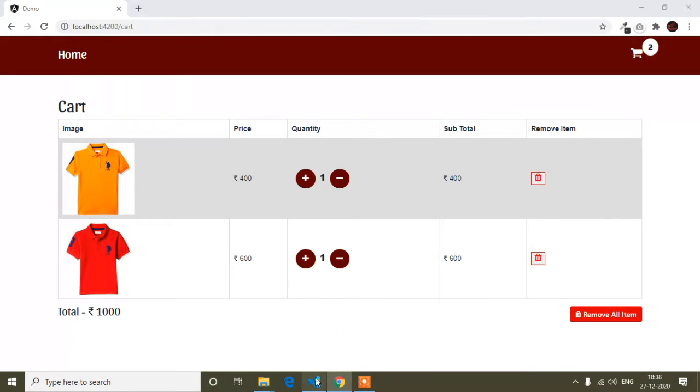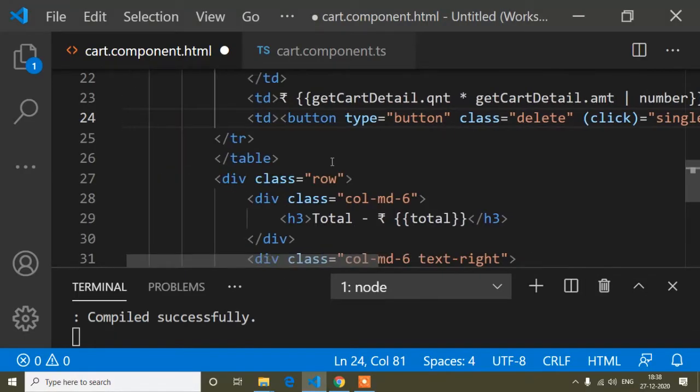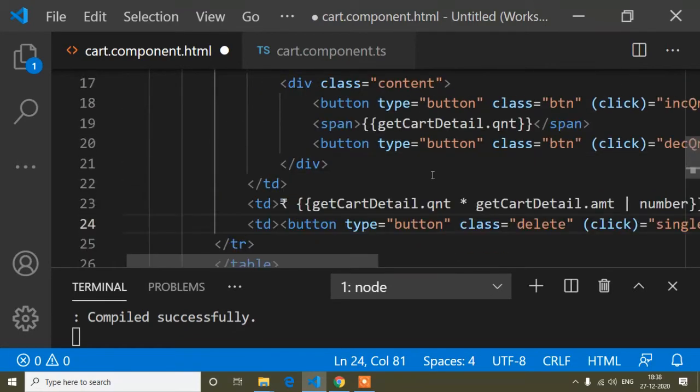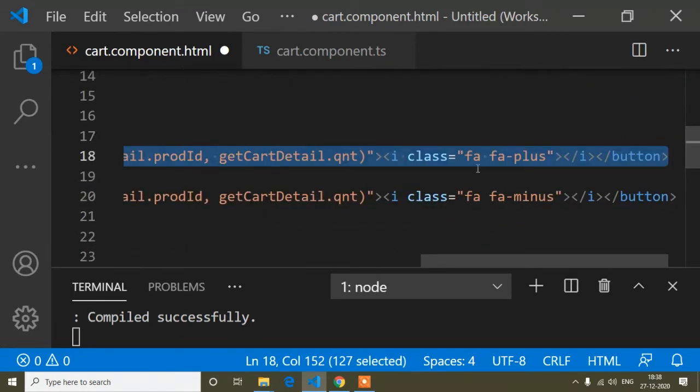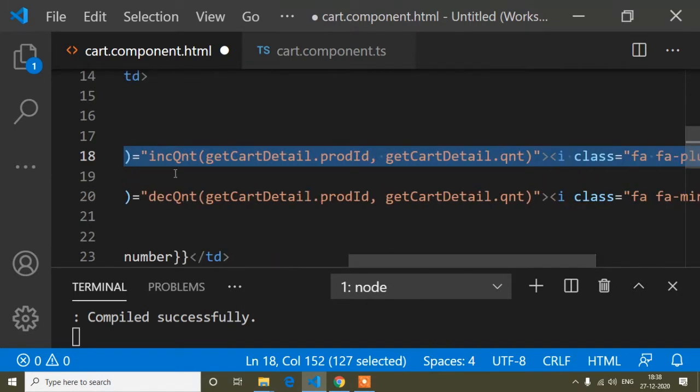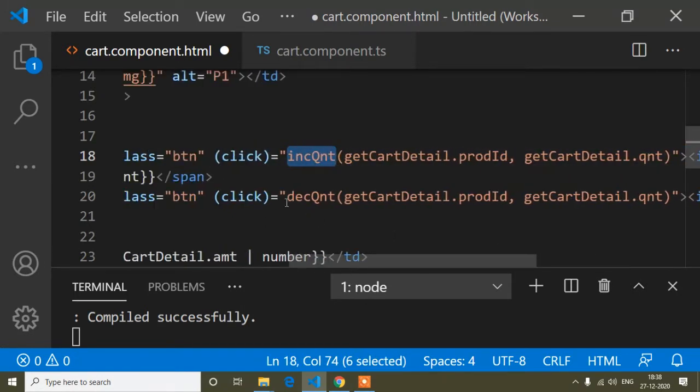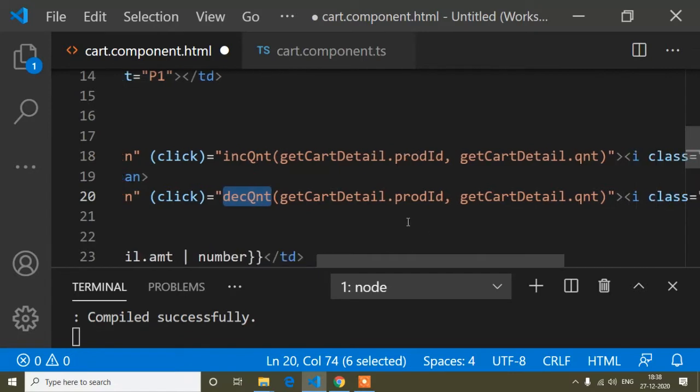First of all, in the increase and decrease method, here you can see this is the increase quantity method, and this is the decrease quantity method, on this button. There I passed a product ID. I will give you a brief idea of how you can pass it.